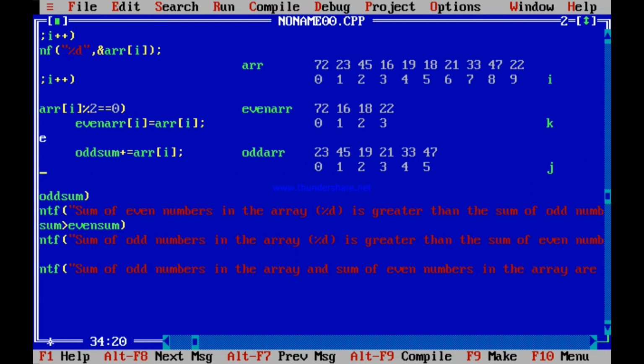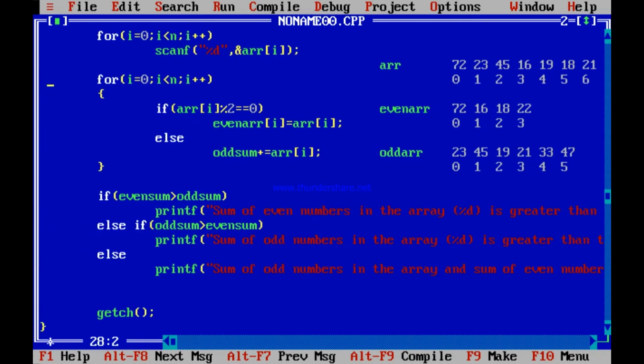So what I mean to say is I will have to take 2 more indexes. Even array I have taken as K. So K equal to 0, J equal to 0, and this I will copy not to I but K. Do you understand this?